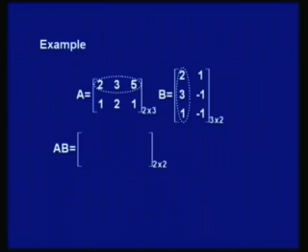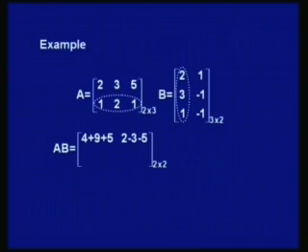The first element here will be obtained by multiplying the first row of the A matrix with the first column of the B matrix. So, we have 2 times 2 is 4, 3 times 3 is 9, 5 times 1 is 5. And the next element is the first row second column element. So, the first row of A is to be multiplied by the second column of B term by term. So, we have 2 multiplied by 1, 3 multiplied by minus 1, 5 multiplied by minus 1,